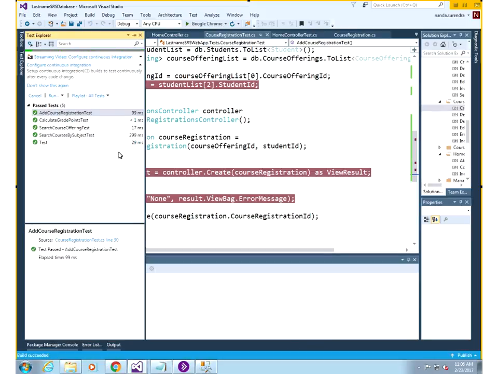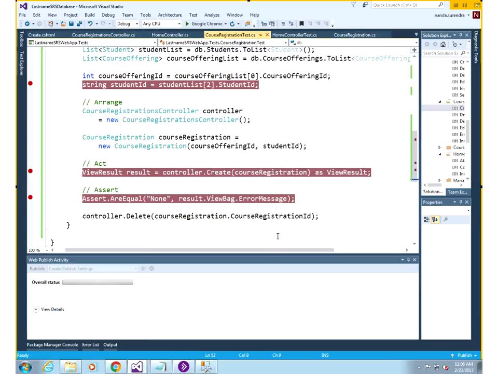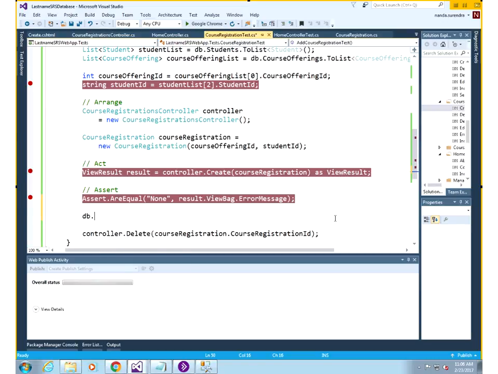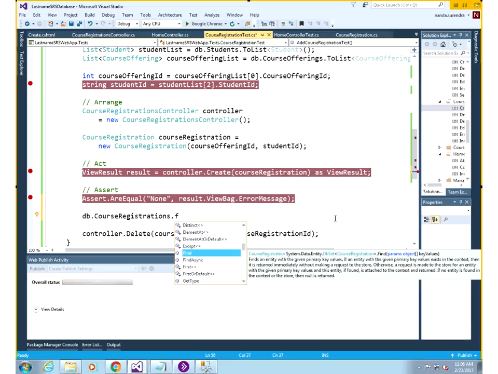Okay, so now let me run this test. Okay, and the obvious check is if this works, if I run it again, and it's not deleting. Your course registration number got an ID put into it. You'll have to do a lookup and then store that. You have to get the ID back from the database for that course registration. Okay, so we'll have to do another db dot course registrations dot